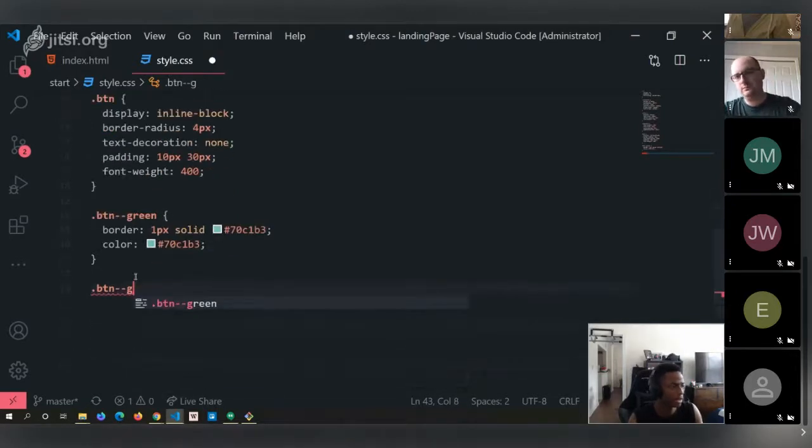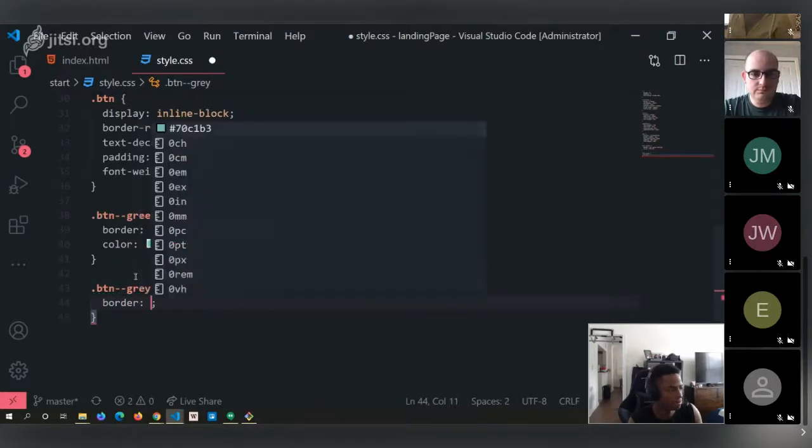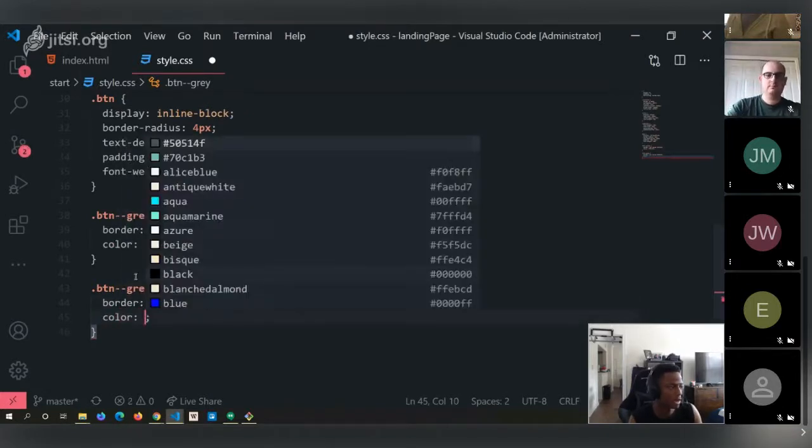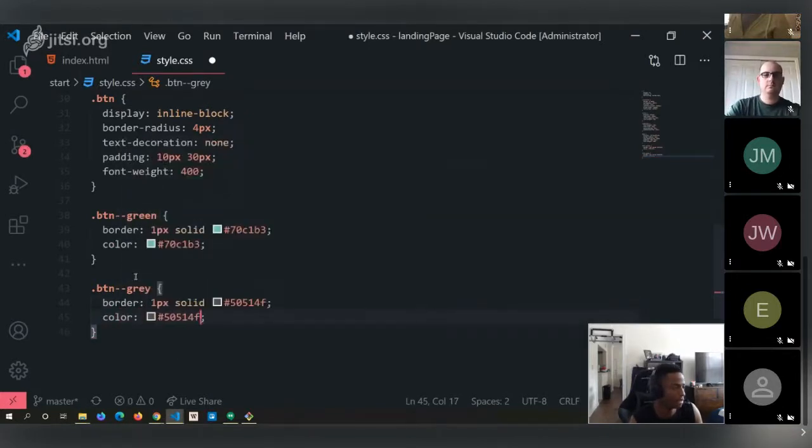So I'm going to go here, and we're going to create another button class. We're going to call it gray. We're going to give it a border, the same thing, 1 pixel. It doesn't really have to be thick. It's going to be really thin. 1 pixel solid, and 50514F. Let's see, 50514F. Okay. We're going to copy this. We're going to do the same thing as we did above. Give it a color of the same exact thing. All right. So when we save this and we take a look,